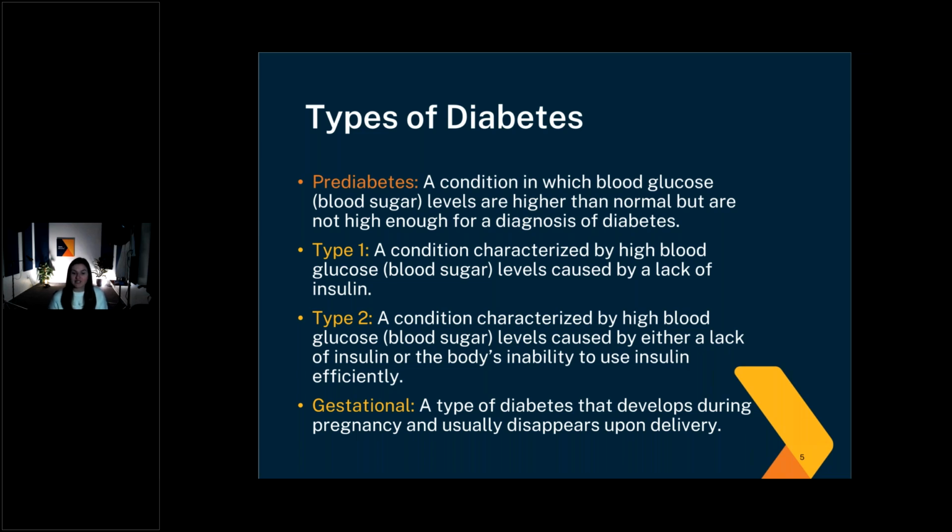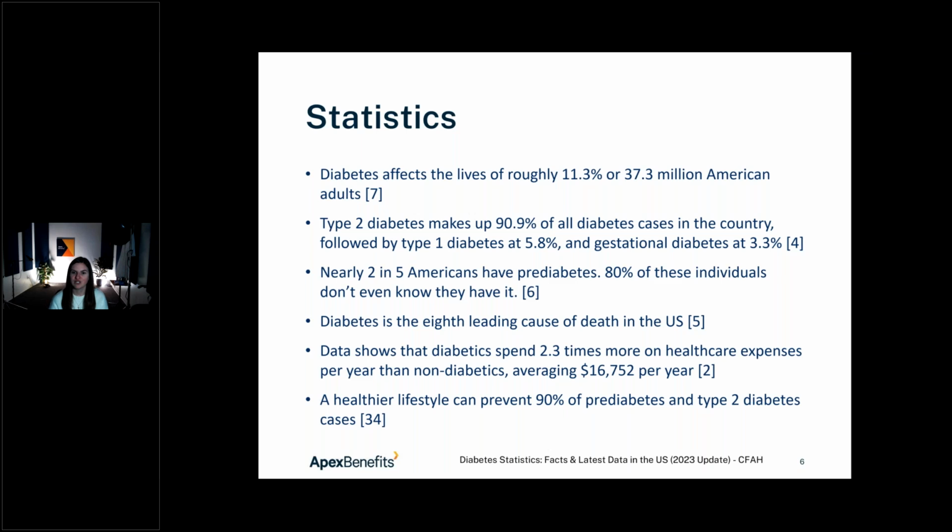It develops in pregnancy. There's really not a known cause as to why it develops in pregnancy, and it typically will magically disappear right upon the delivery of the child. This does come with some health risks for the mommy and the baby, so it's important that it's managed throughout a pregnancy. That's why a lot of people know that little sugar drink that you drink when you're pregnant. They're really testing to make sure if you have gestational diabetes. And like most of this presentation, a lot of it can be handled with some lifestyle modifications. So I put that on there just because it's a phrase that some of you guys might have heard.